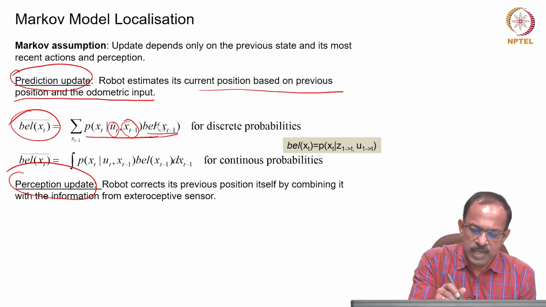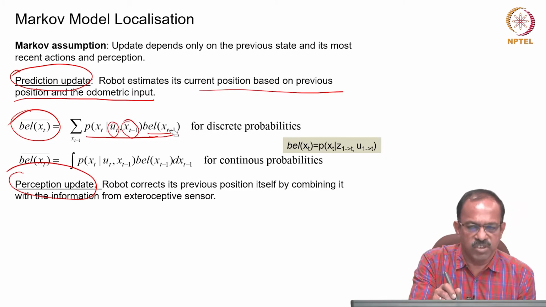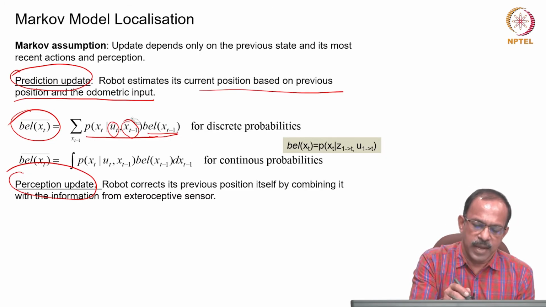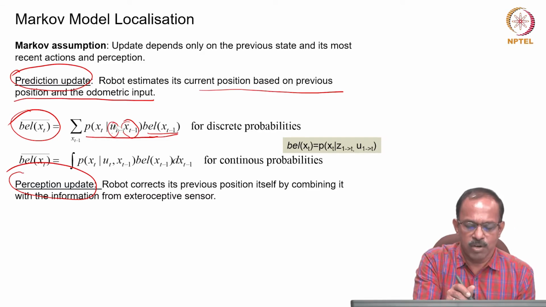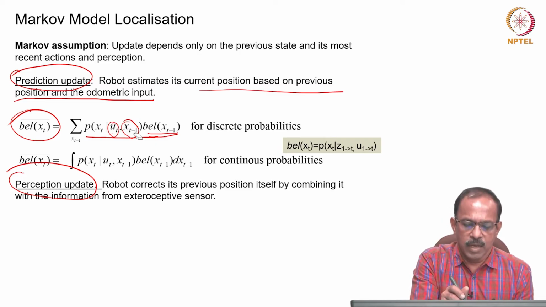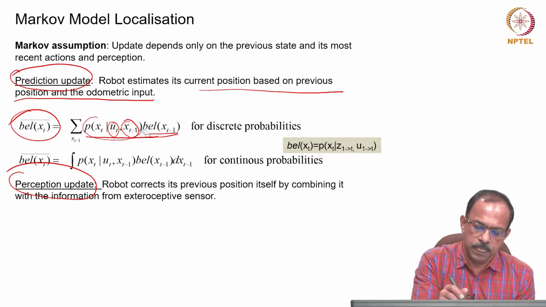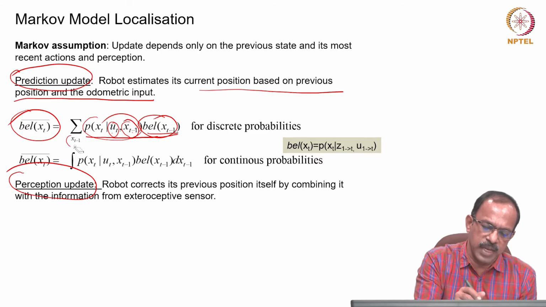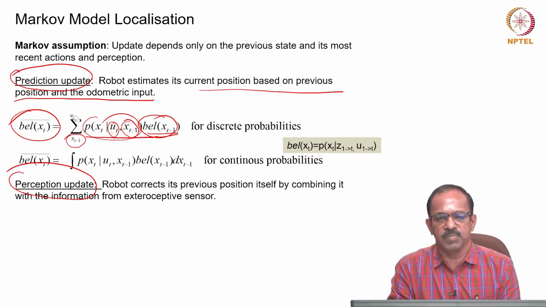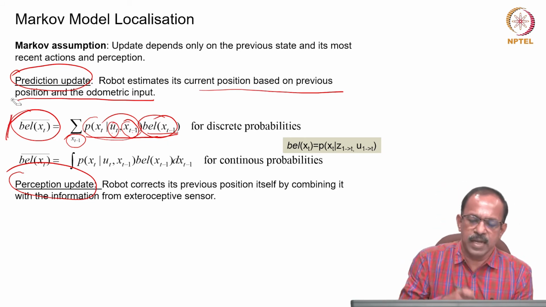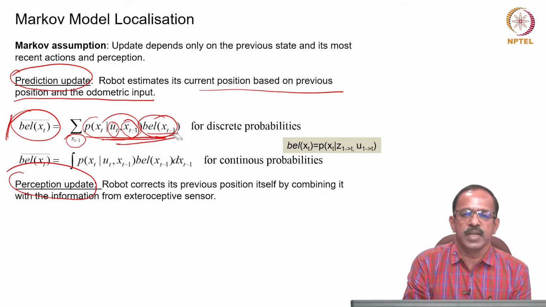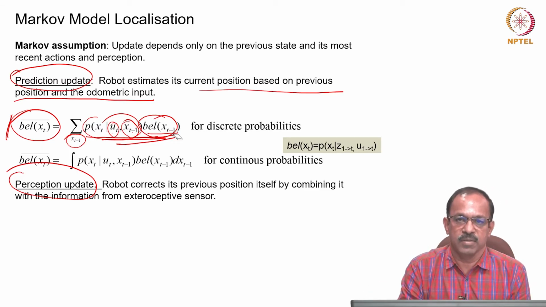So, this is the belief state, that is, the probability that the robot is at xt minus 1 is known, and then the probability that the robot will be at xt, given the control input ut and from the previous position xt minus 1. If we know this probability and this belief state, and for all possible xt minus 1 you sum this, then you will get the prediction update. That is basically the prediction update without the sensor input.